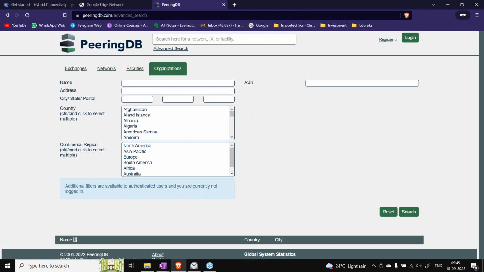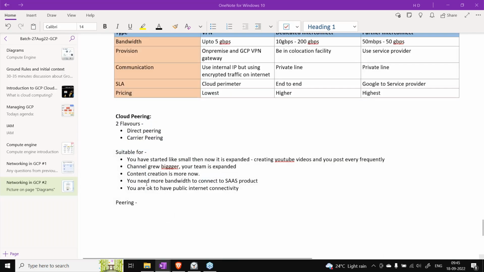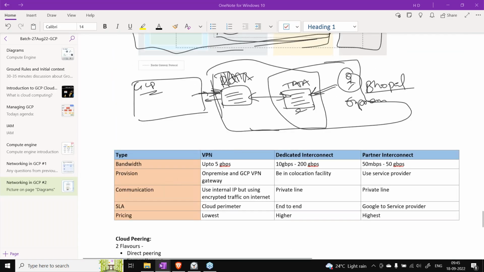It's rarely being used, but I have seen a couple of questions on direct and carrier peering. Just conceptually, you need to know. Direct peering is like a dedicated peering that you do directly with Google Cloud.